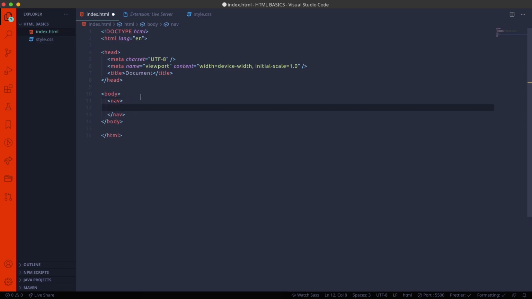So first we'll create the nav section. Here I'm typing nav, and you can see the Emmet abbreviation. Emmet abbreviation means it will automatically get filled by hitting the tab key. You can see here the HTML tags are closed.